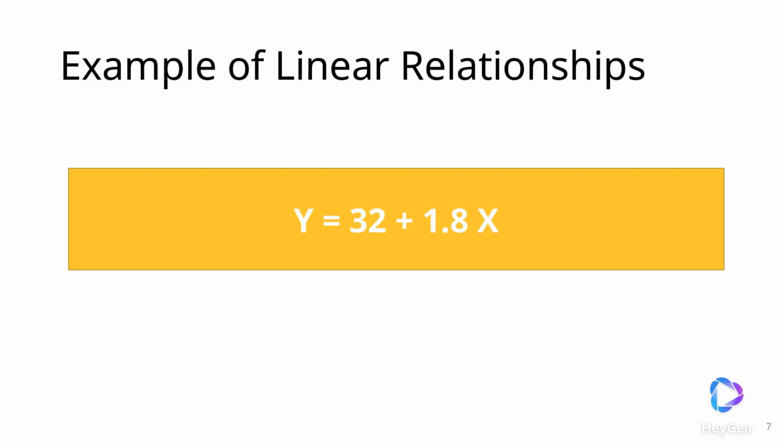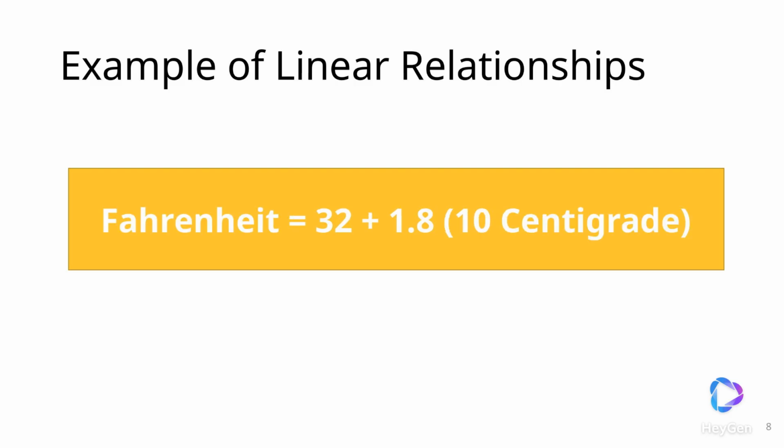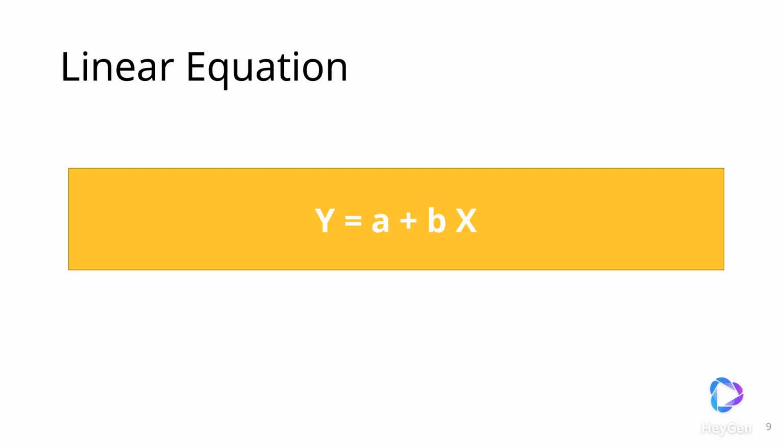If one is given a temperature in centigrade, represented by x, then the corresponding value in Fahrenheit, represented by y, can be calculated by a mathematical function. If the centigrade temperature is 10, the Fahrenheit temperature is calculated to be 32 plus 1.8 times 10, which is 50. Any equation of the form y equals a plus b times x is called a linear equation,